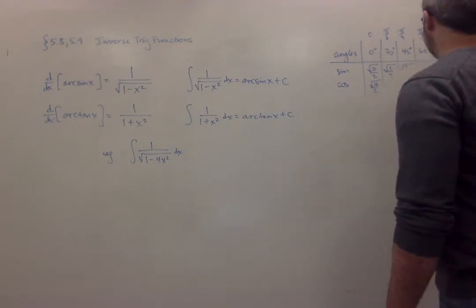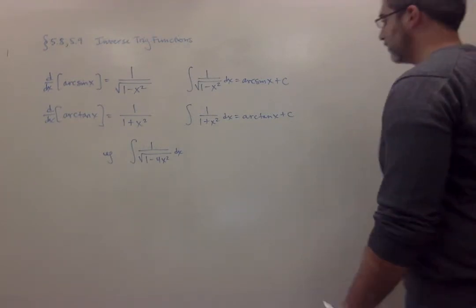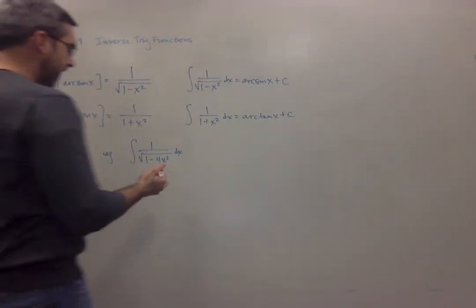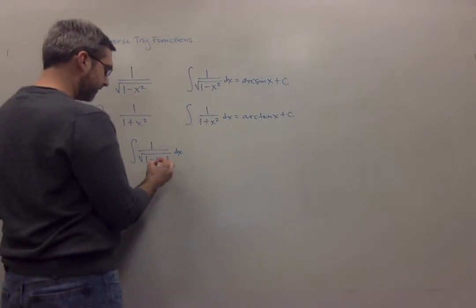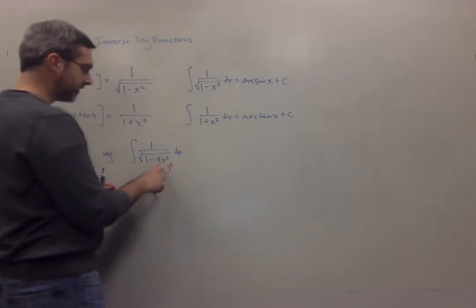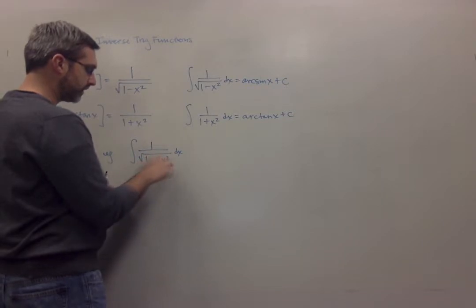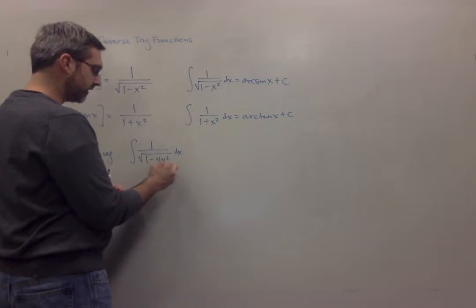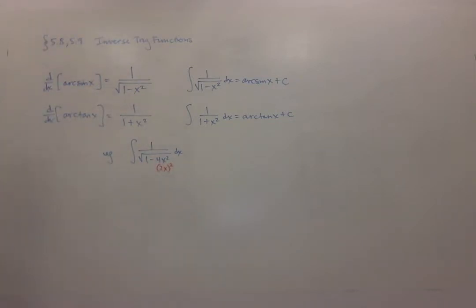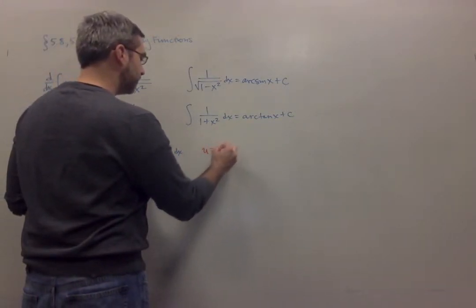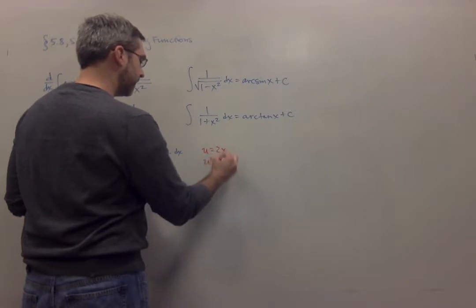So what this should remind you of is 1 minus x squared underneath that square root. But instead of x squared, I have 4x squared, and I don't want that. I want just x squared. So you have to think, I'm going to do a u substitution so that I can end up with 1 minus u squared. But in order for u squared to be 4x squared, u is going to have to be 2x. Okay? So I'm going to do a u substitution, u equals 2x, so that u squared is 4x squared,